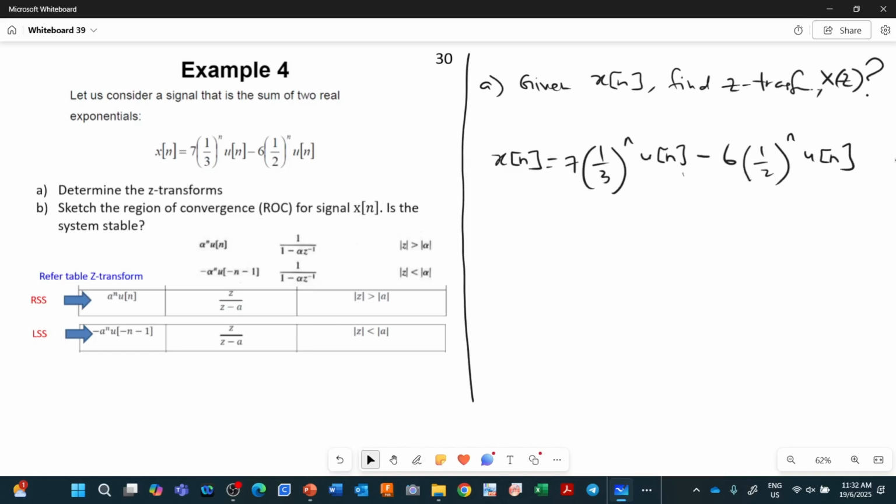Okay, so how you write this is the solution. We are going to rewrite this in terms of how many signals you can find. You can identify that you have the first signal, and basically what you need to do is apply the Z transform